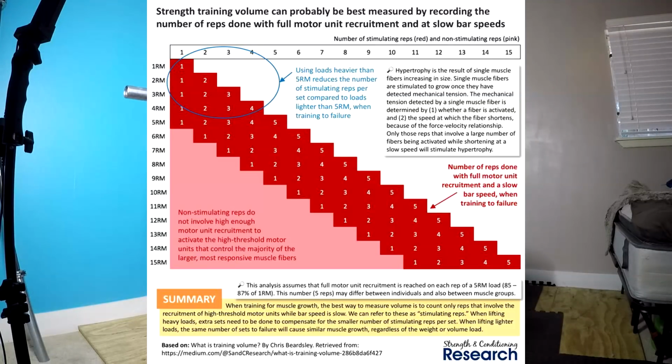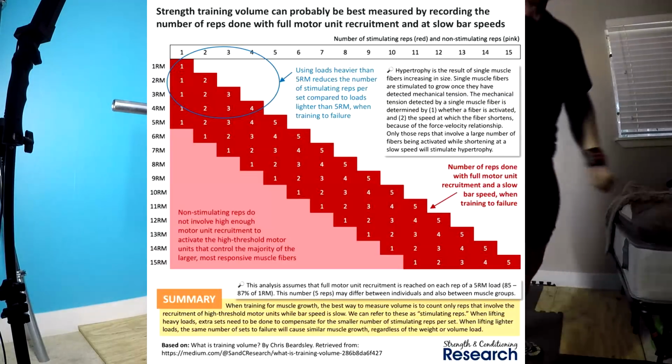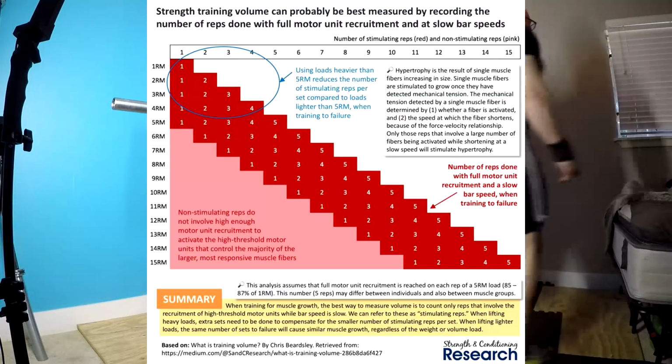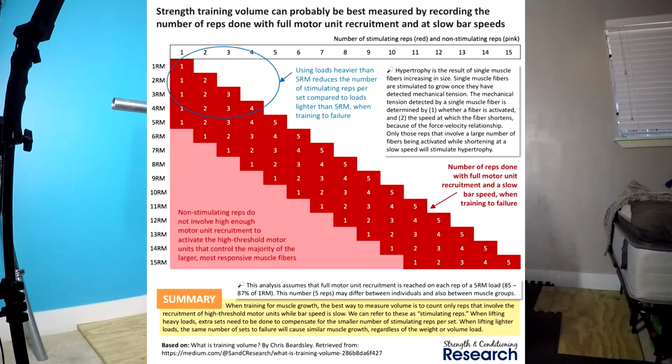Although we could argue at that point, is it becoming your 9 rep max instead? But the point is, no, that's not going to work. You're not going to get 25 reps that way. So what you would probably end up doing is 5 sets of 10 with your 12 rep max. That's probably doable. But you guys see the problem there. You're really only getting 3 reps per set at that point, times 5, so about 15 quality reps. Whereas if you took your 5 rep max and you did a 3x3, right, you would get about 9 quality reps. And I think this goes to explain why